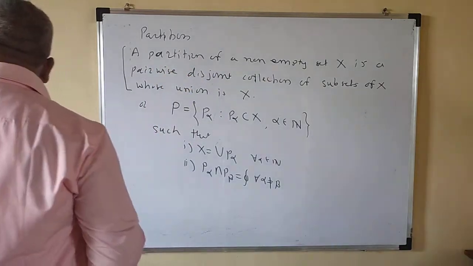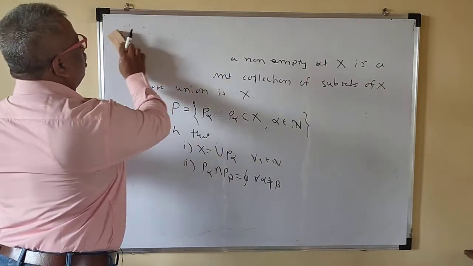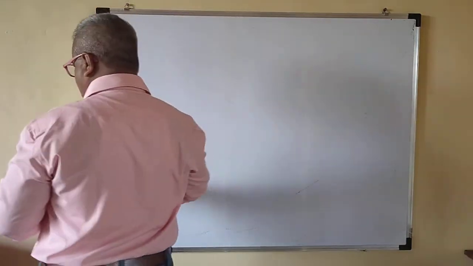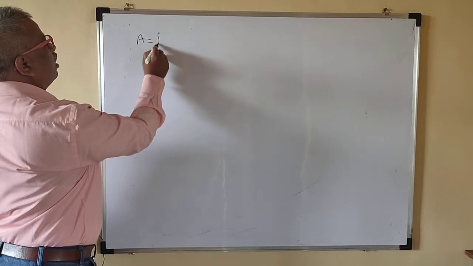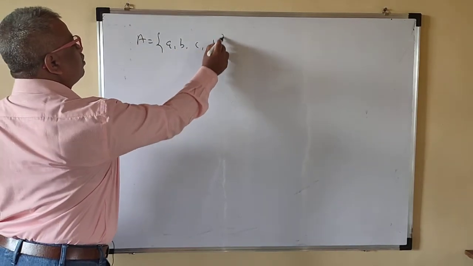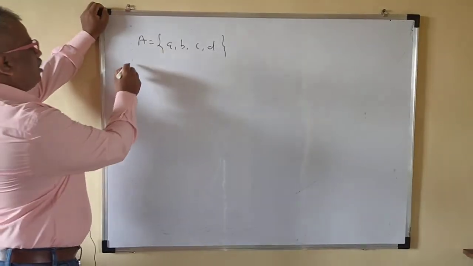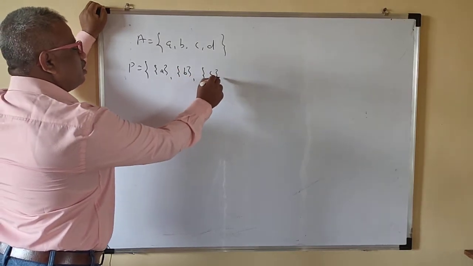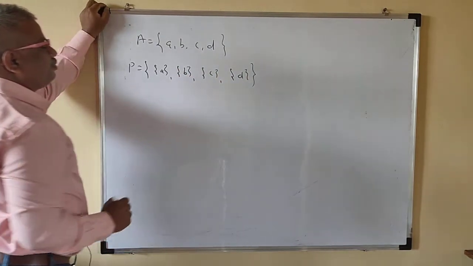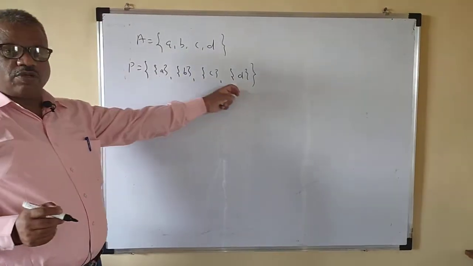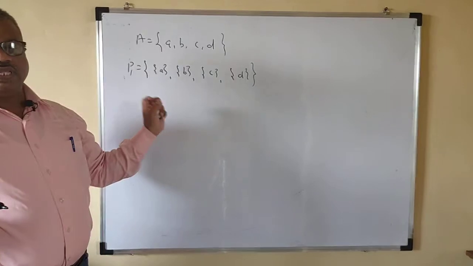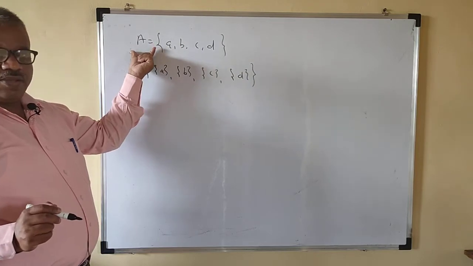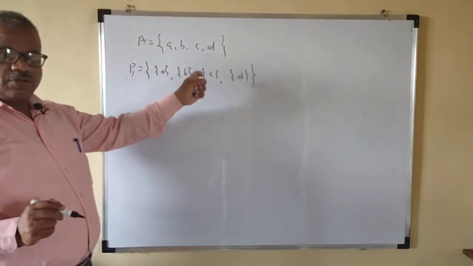Now here also we will take a theorem about the relation between partition and sets, but first we'll take one example so that you will understand what we mean by partition. Suppose I have given this set A as a, b, c, d. We will write a partition P1 here. I will write singleton a, singleton b, singleton c, singleton d. P1 is a partition of the set A. If you take the union of all the sets it is your capital A, and the intersection of any two sets is empty.